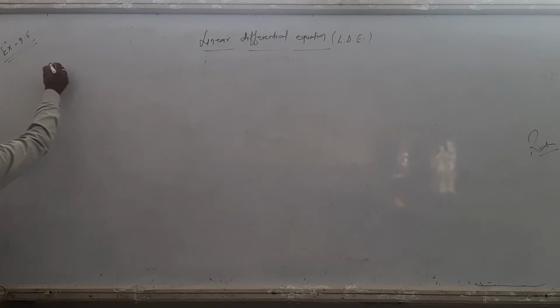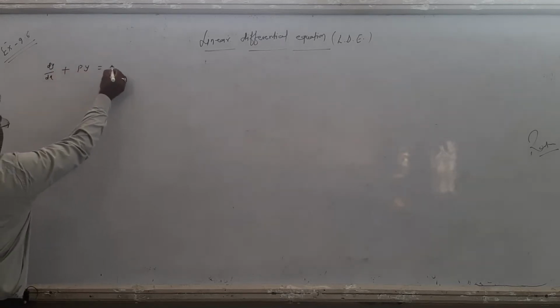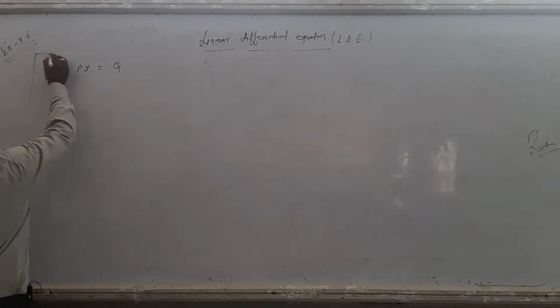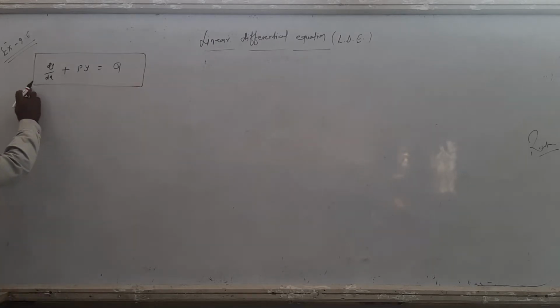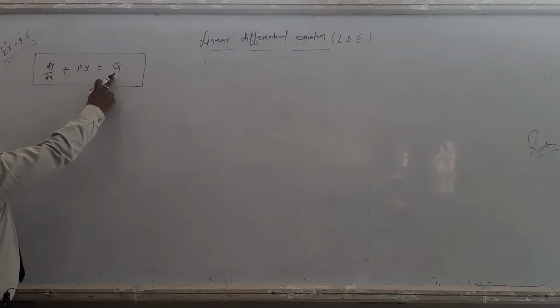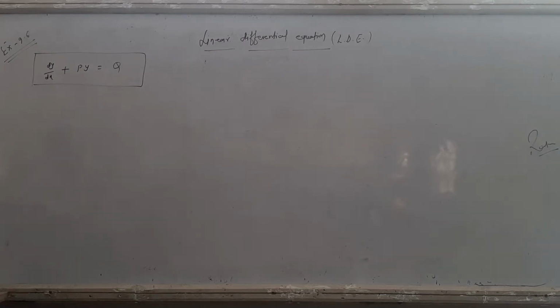That is dy by dx. This is a linear equation. That means dy by dx plus py equals to q. This is the form of LDE, linear differential equation. What is p? p is the coefficient of y. What is q? q is the right hand side. And now,